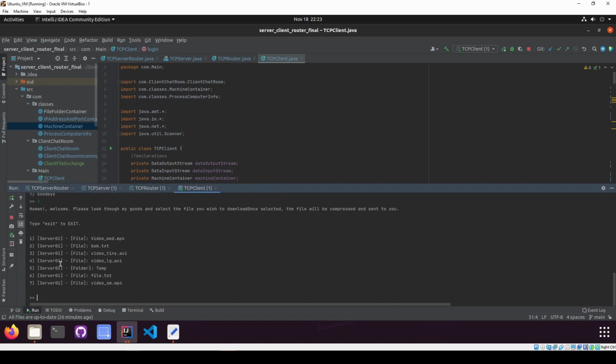And you can see here that on my server 1, I have these files, and I have this folder. On server 2, I have this file. So I could request a file from any one of these, from server 1 or server 2. My server 2 is logged in on another machine, and so this is reaching out across over to there to get it. So if I press 7,